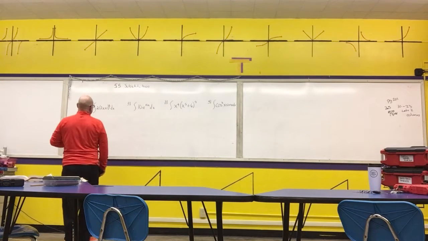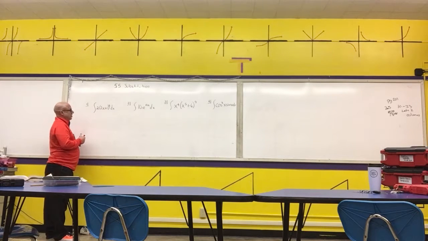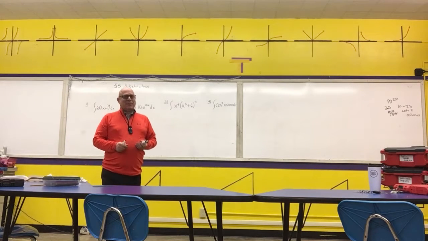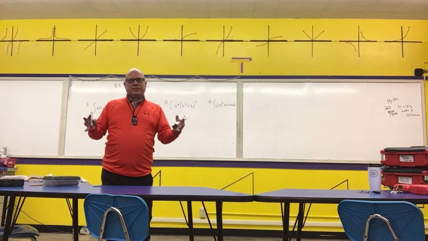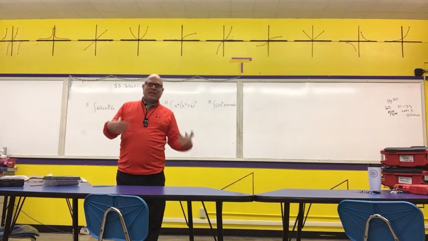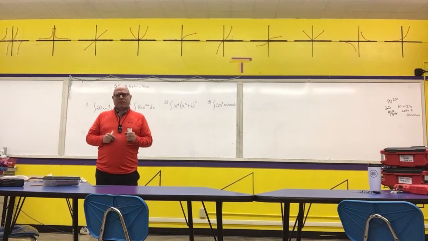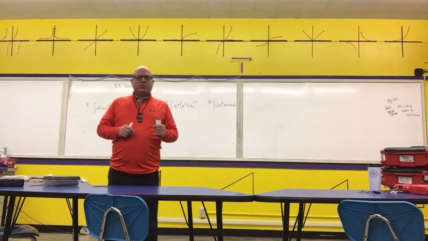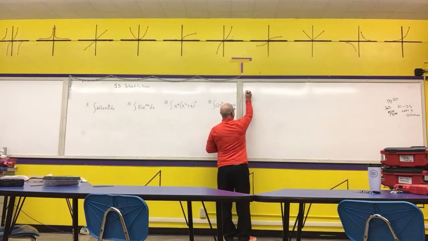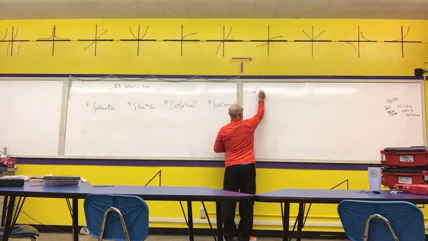The first thing I'm going to talk about is composition. We end up with an outside function and an inside function. Typically the inside function is inside parentheses or in an exponent or underneath the square root symbol or in the denominator of a fraction. So those are the types of things we want to be looking for. And what we're going to do is look for an inside function. So step one is find an inside function